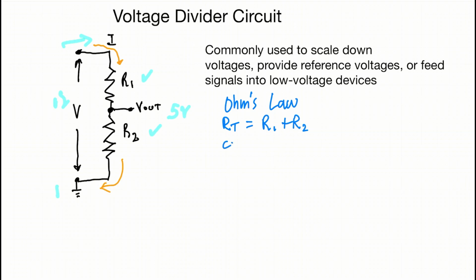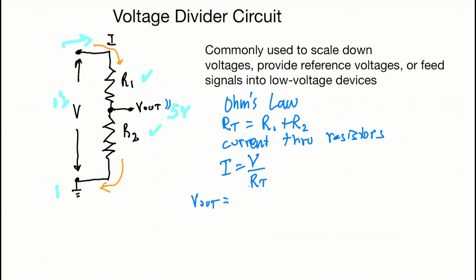And now the current through the resistors is just going to be equal to the applied voltage, we could call that the input voltage, divided by this total resistance. Now if we want to know this output voltage, that's what we're really looking for, is this output voltage right here. So V out is really just this current that we know times the resistance of R2, the second resistor,